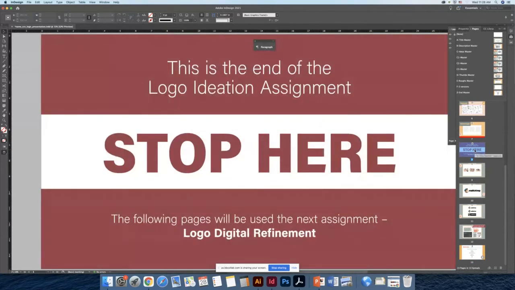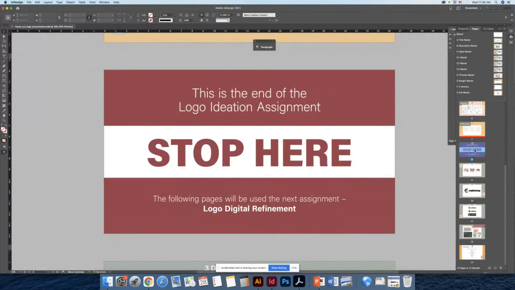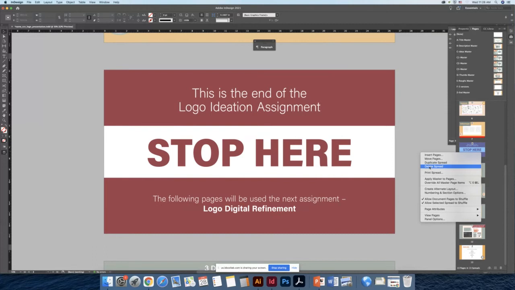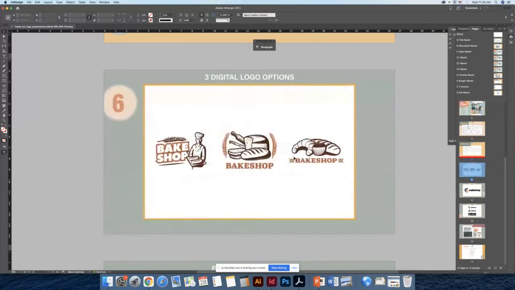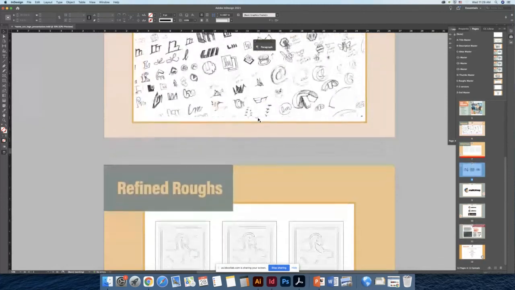Double clicking on that will bring it in focus, and we can delete that page. Now, because this is set up as single pages, the way to delete that page from the Pages panel is to click on Delete Spread. So again, that was a right click on that page, delete spread, and we will delete the Stop Here. We're going to present this to our client, so we wouldn't want this behind the scenes instructions to be showing. So it's just telling you it has things on the page. That's okay. So that takes us from our roughs